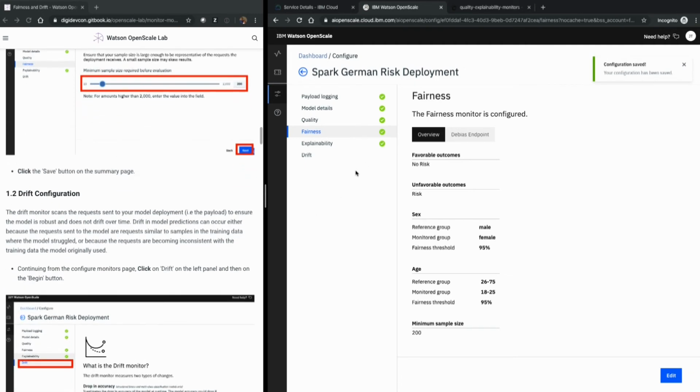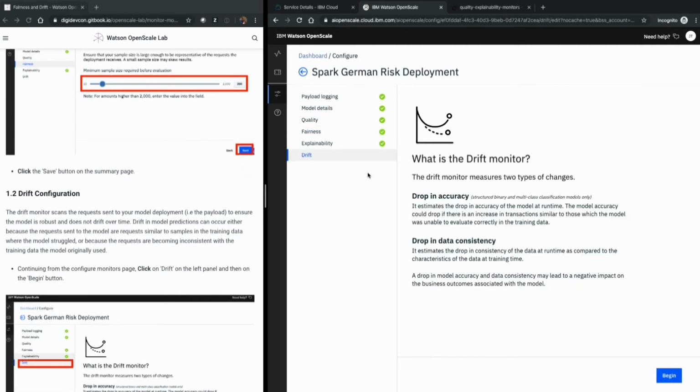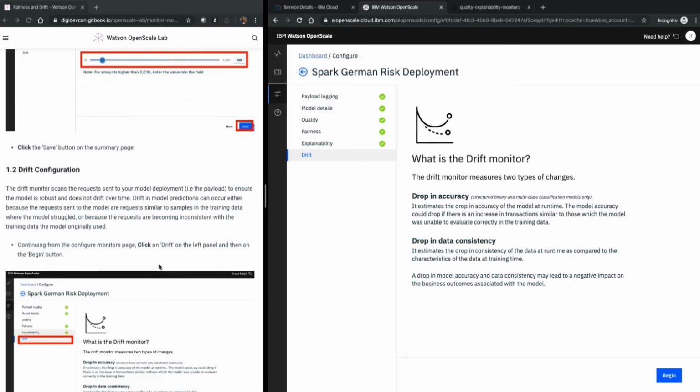The next thing we're going to do is configure drift, and I will speed up a little bit here. So what's drift? Drift is this notion that we want to make sure that the model is resilient. The way that we think about drift, or the things that we're going to monitor for, are when there is drift, either because